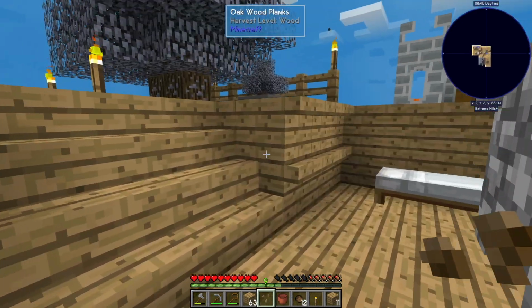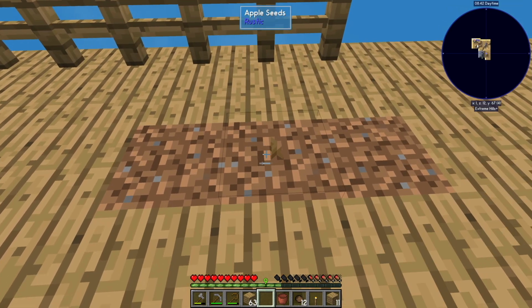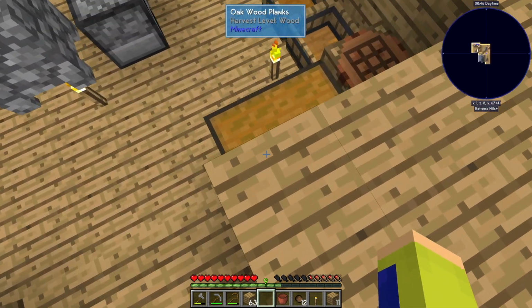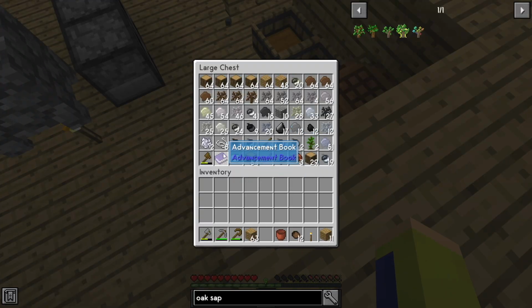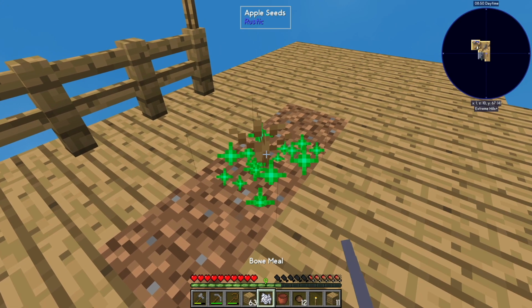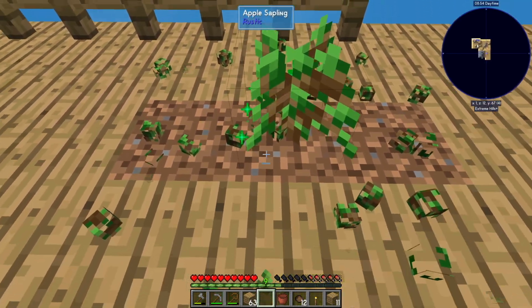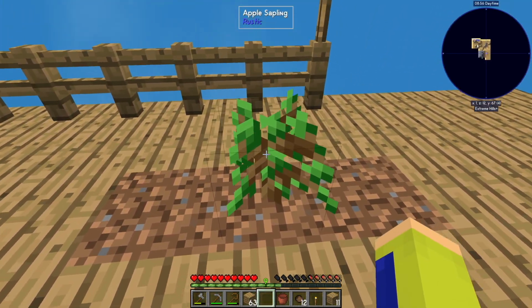We have apple juice in there. I don't care about that. And then we just place these, and they don't grow this way. But what we can do is hopefully use some bone meal. So let's make that grow. And look at that, apple sapling. So now if I grow this, I hopefully should get...